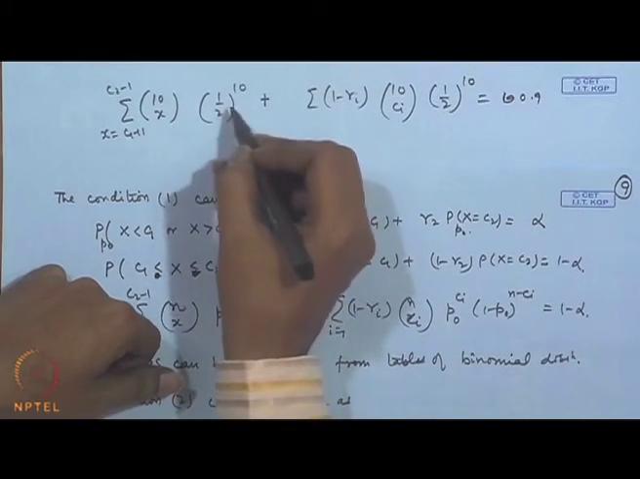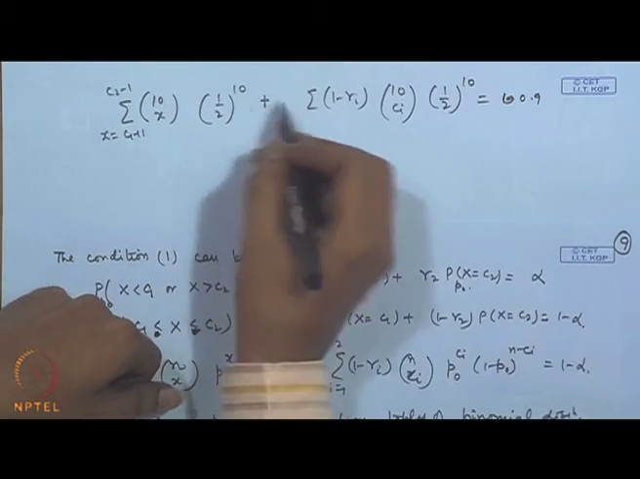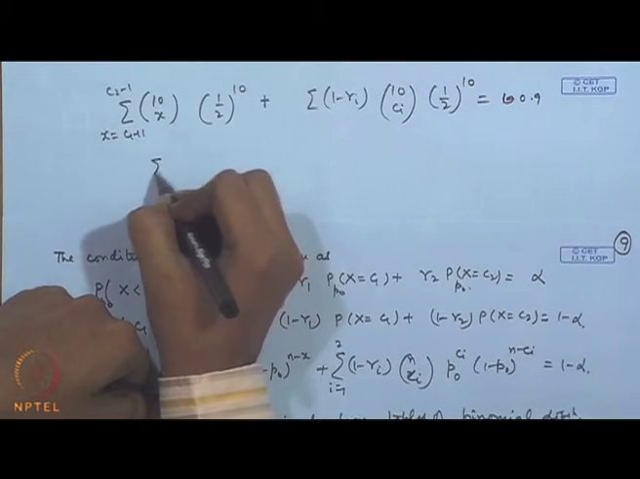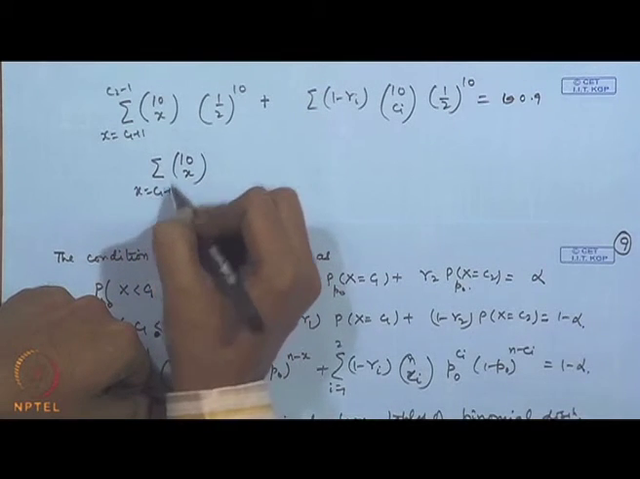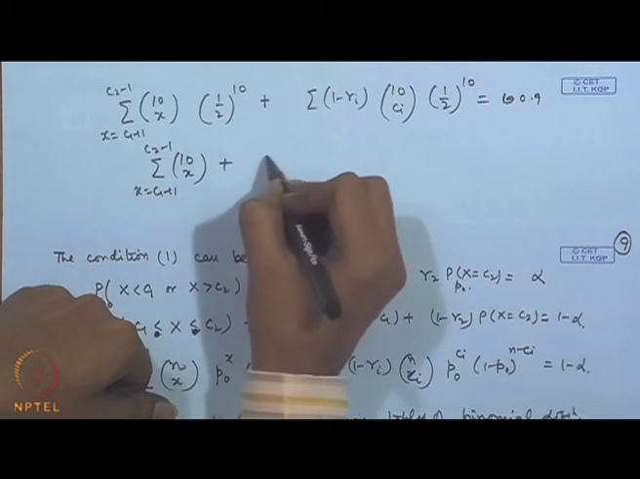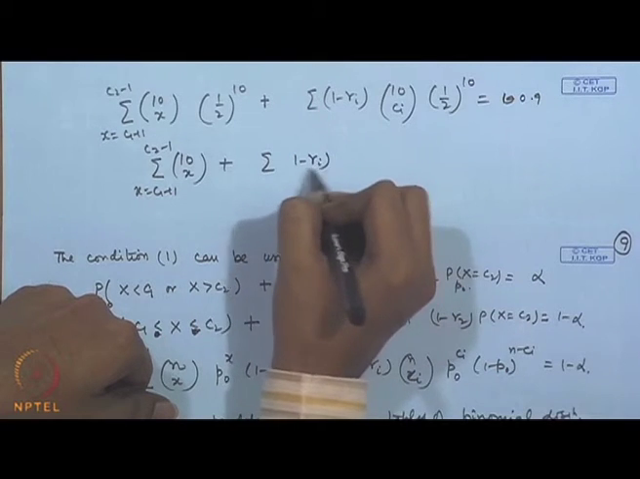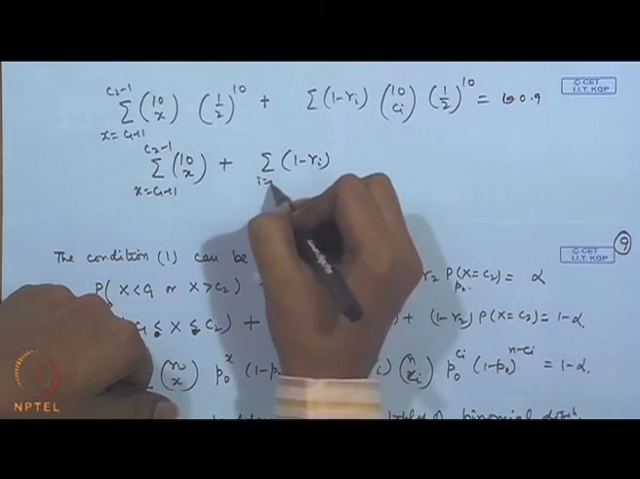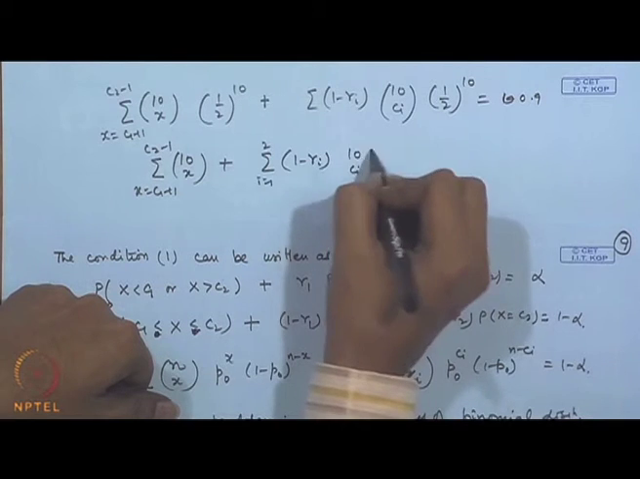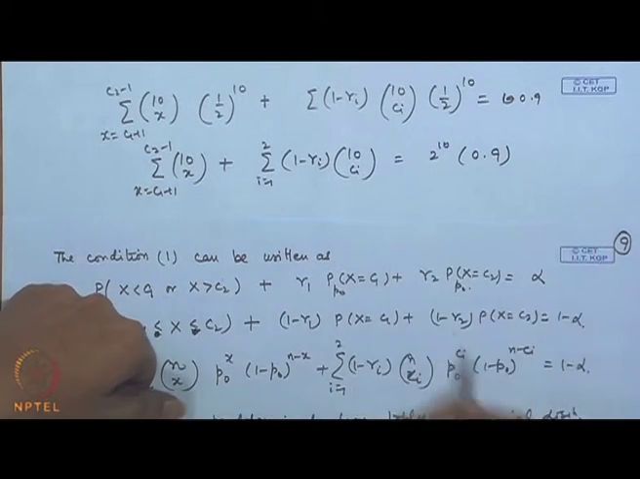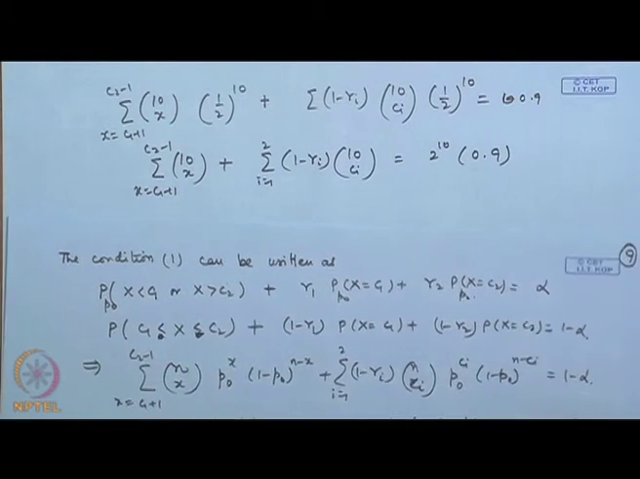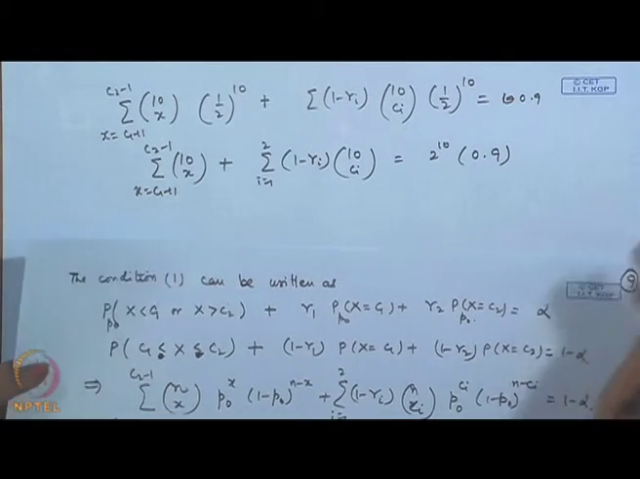Then immediately you can see, you can multiply by this 2 to the power 10 on this side. So, this is becoming sigma 10 Cx, x is equal to C1 plus 1 to C2 minus 1, plus sigma 1 minus gamma I, i is equal to 1 to 2, 10 C C I is equal to 2 to the power 10 into 0.9. And similarly, if you look at the second condition,